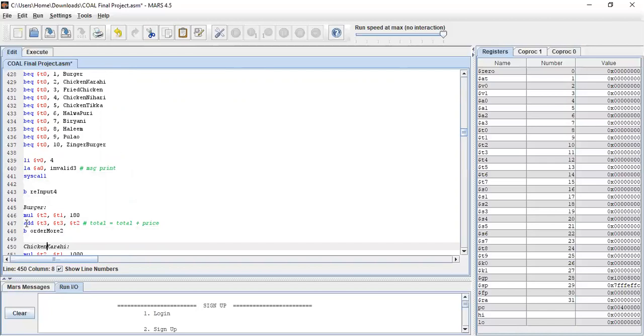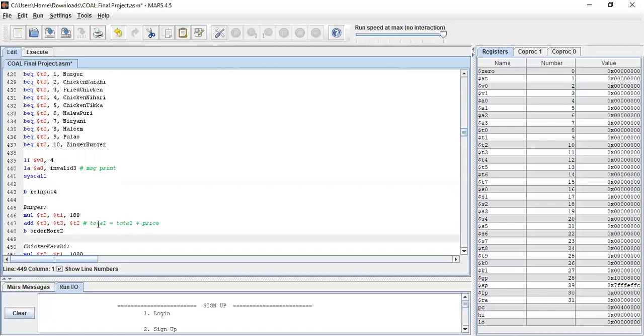So here we have just like a C++ program or C program or any program. It just multiplied first. The total price of burger is 180. It will add into the total, and the total will add into the price of burger, and now we will have the price of the burger.